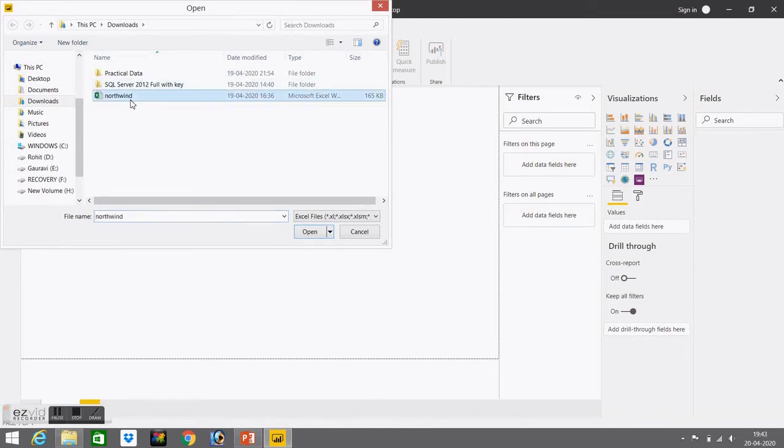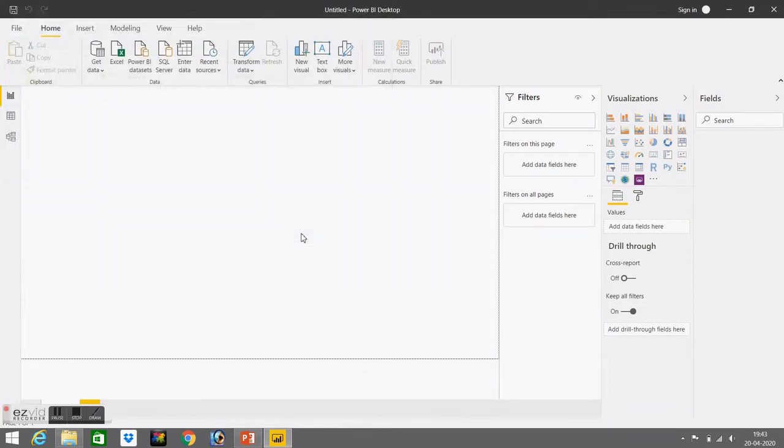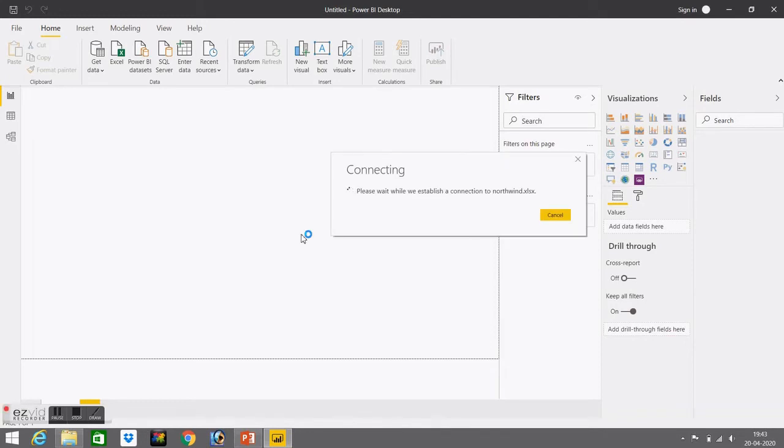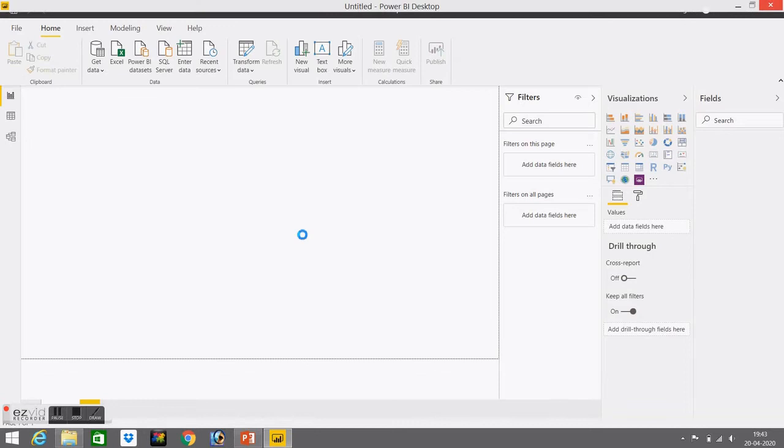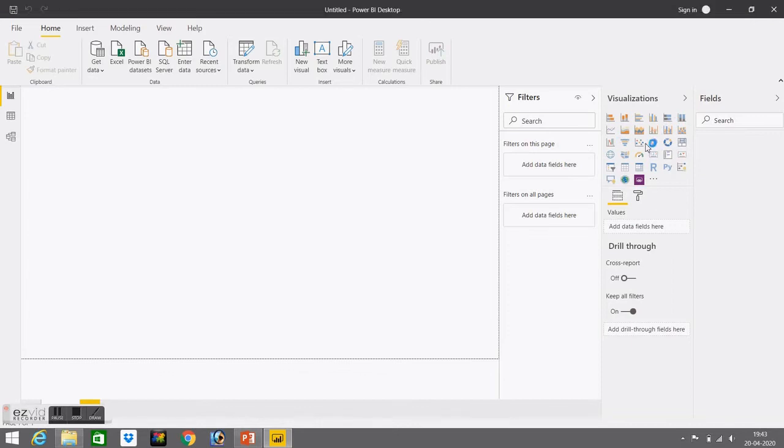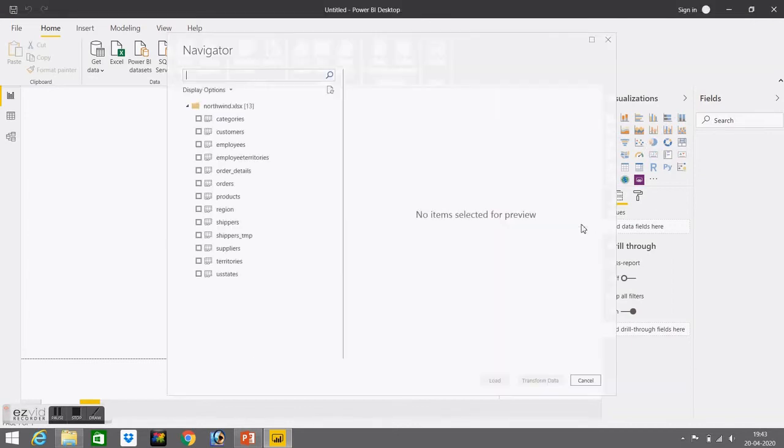I am using the Northwind sample database. Open it. This Power BI is the same as Excel software, but there are some advanced features in Power BI. See here, there are many graphs, charts, and pie charts available.